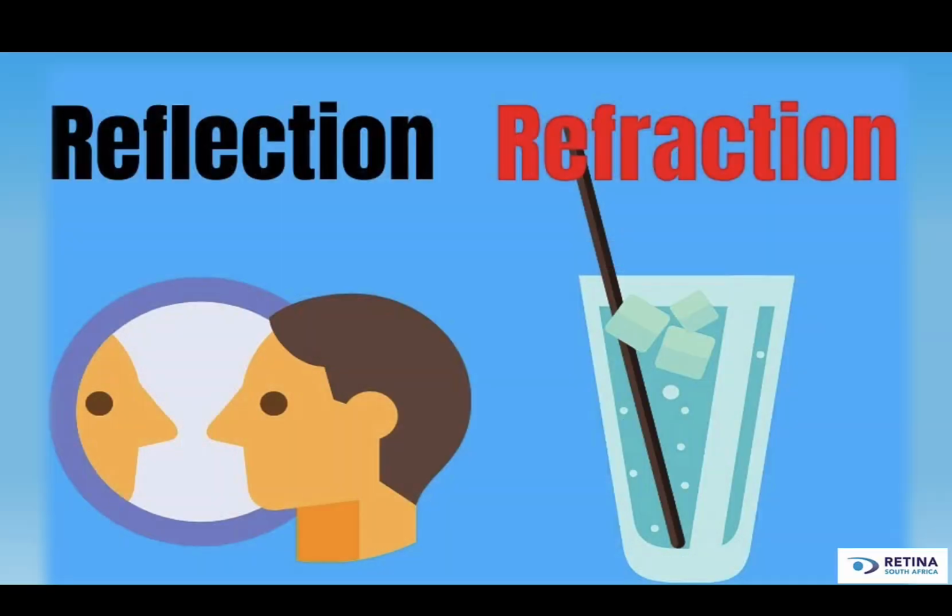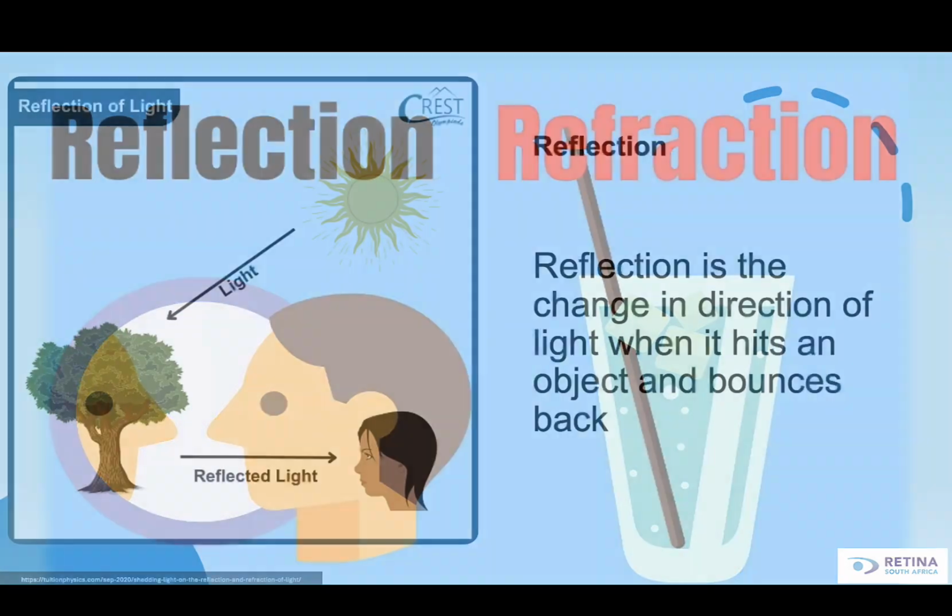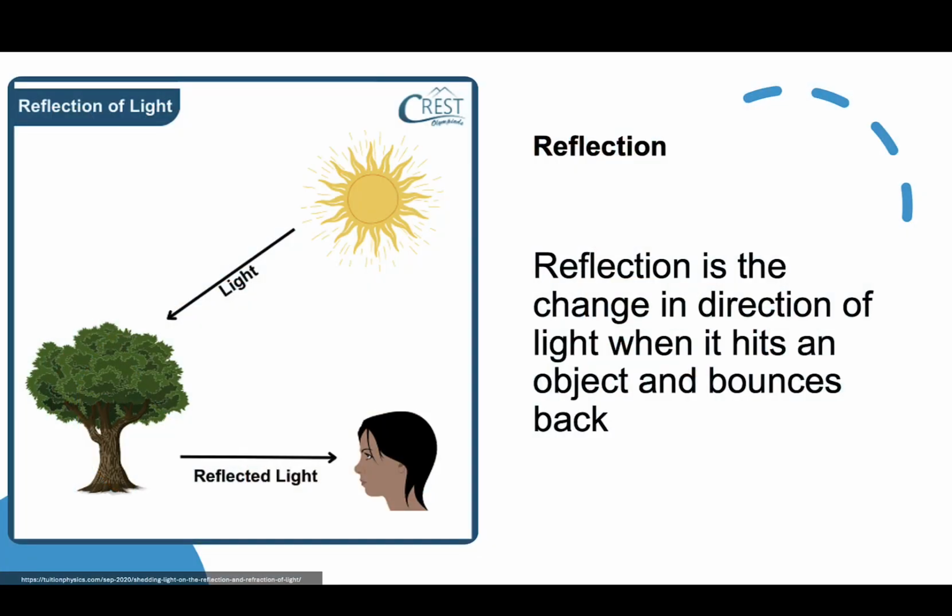Now, there are a couple of terms that we need to understand and that relate to light. The one is reflection and the other is refraction. So let's look at these in turn and see what the difference is, especially when we go to visit an optometrist or an ophthalmologist. First of all, reflection is the change in direction of light when it hits an object